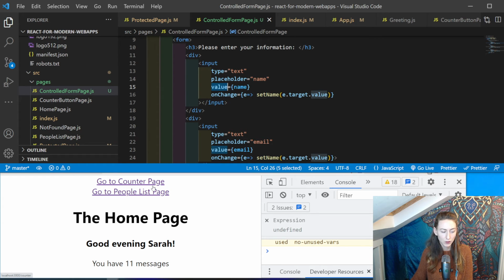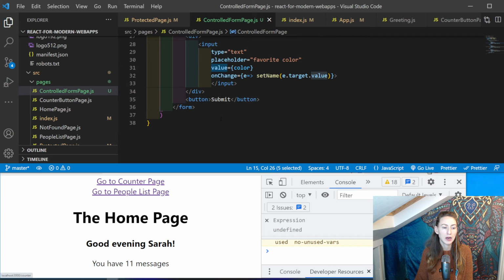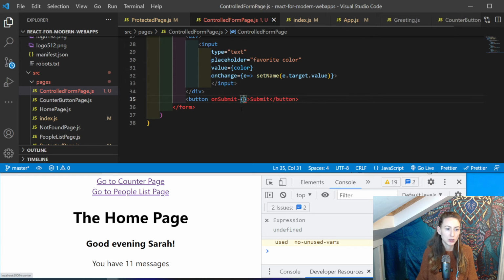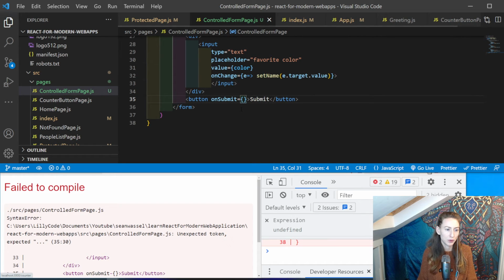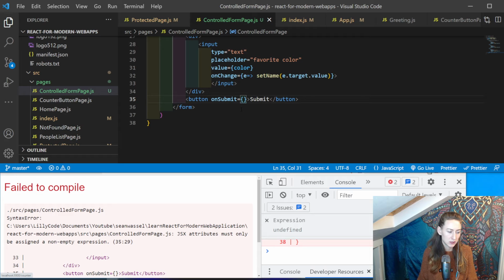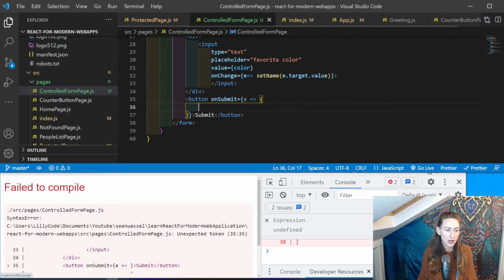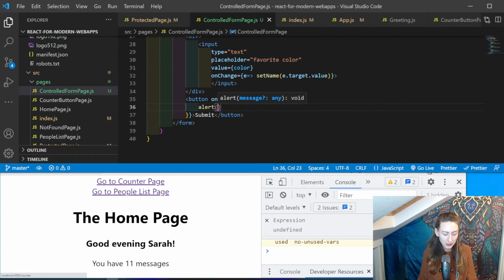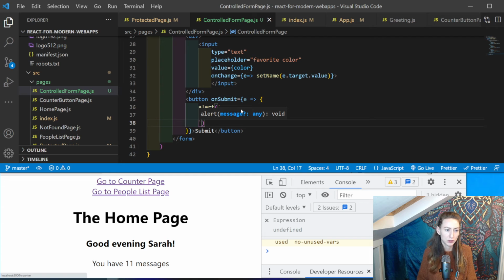So down here on our button, we're going to add an on submit handler and tell it what to do when we submit this form. So this should be equals again. Open up our object. So we're going to take the event again, open up our function, and we are going to alert, backtick,